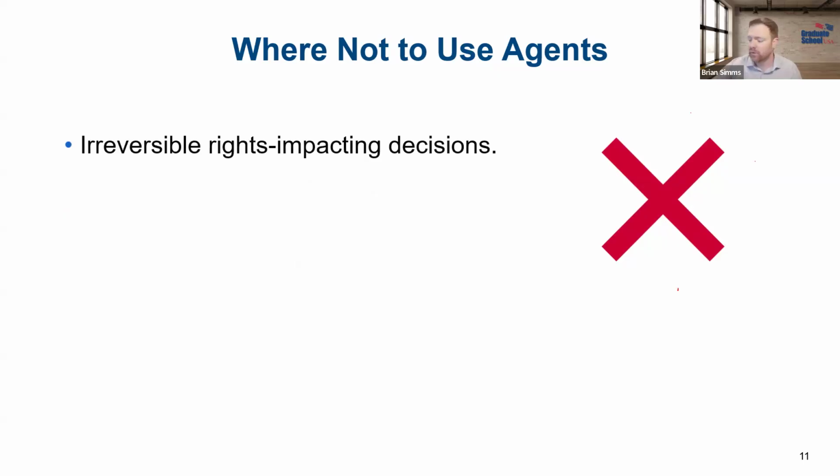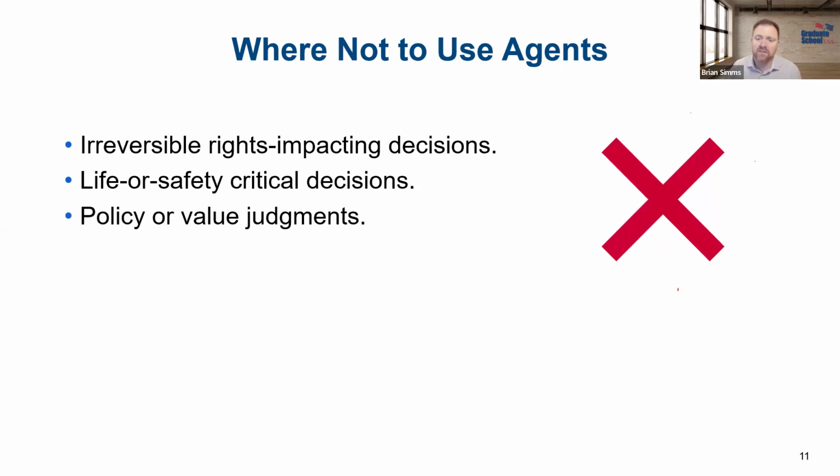A first use case is for irreversible rights-impacting decisions, right? Those types of things require human judgment and accountability, right? That's not something we would want to build an agent for. Life or safety critical decisions, like the decision to dispatch emergency services or a particular treatment or use of force or something like that. The stakes are too high there for an autonomous action. Again, fine to make a recommendation based on the data that's been provided, but we would not let an AI agent make that final call, right? Like we talked about earlier.